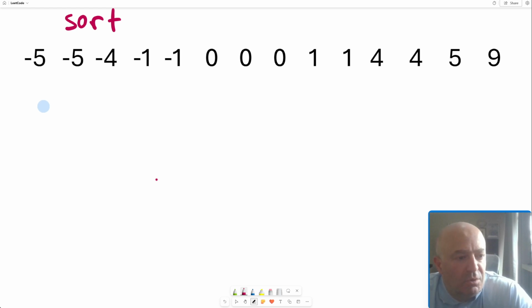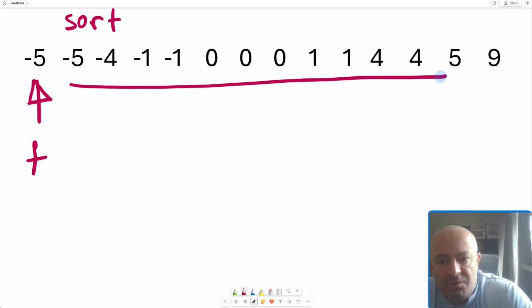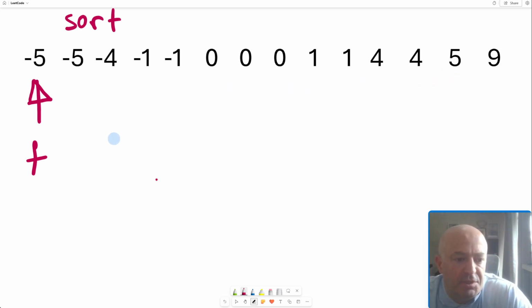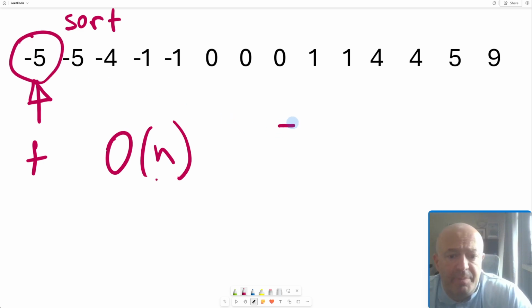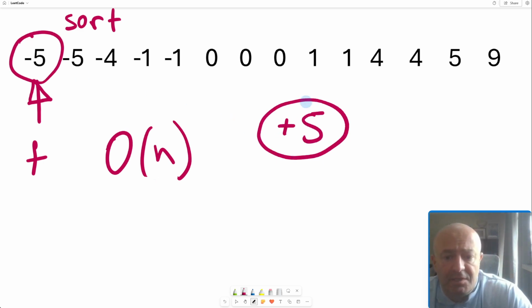So, since we're working on O(n) squared again, why don't I just temporarily fix this value, call it the first element of the triplet, and within the rest of the array, in O(n) time, can I find all of the pairs of numbers which can be grouped with this first number to produce a triplet that sums up to 0? So if this is -5, then I could say, how about finding two numbers that add up to +5